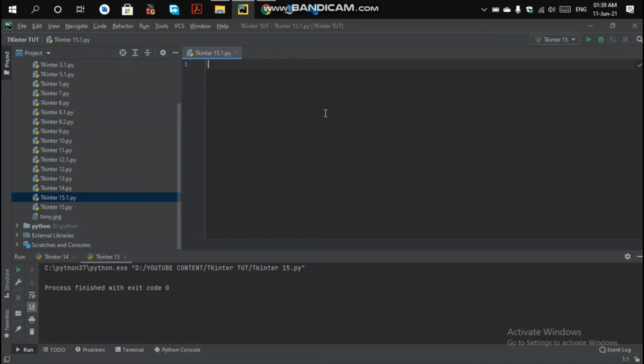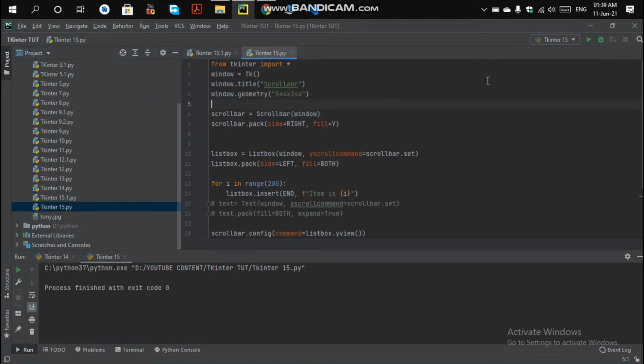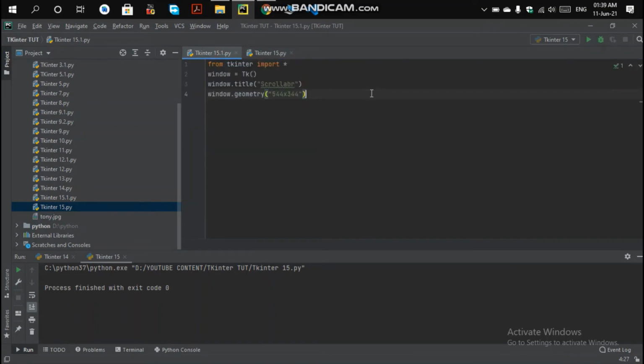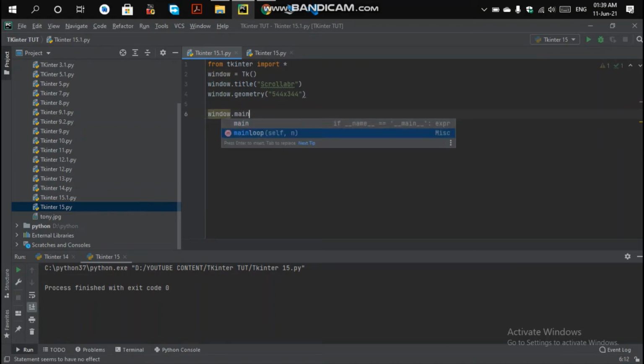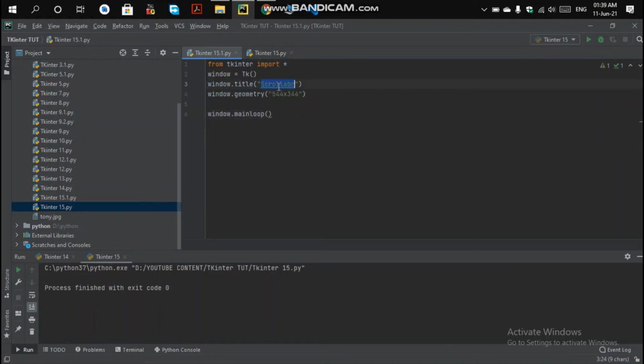In this we are going to do the same as we previously did, copying these items from here so as not to do a lot of extra work, and packing the window. So window dot main loop. Okay, and name it as scale, and you run this and get the window like this.